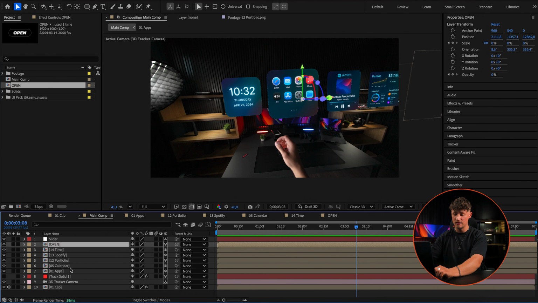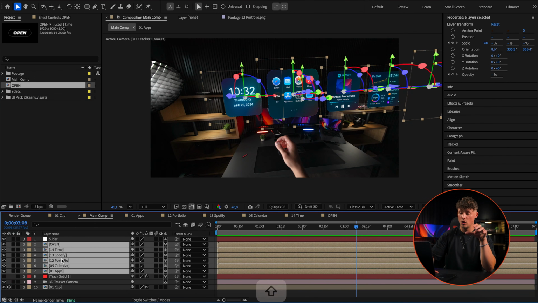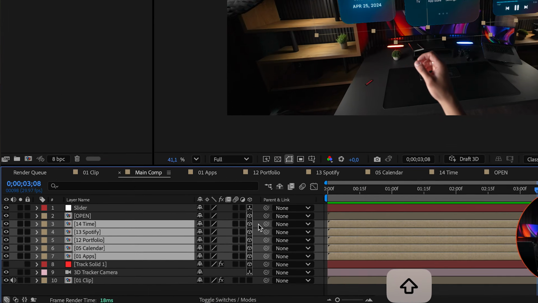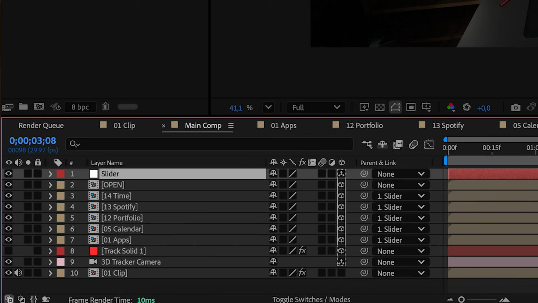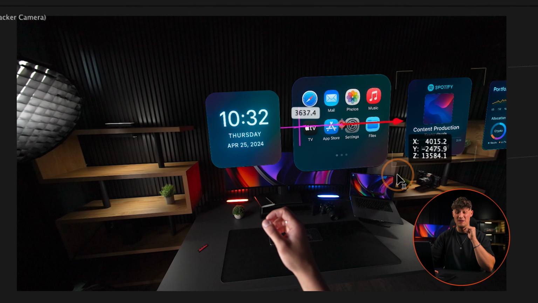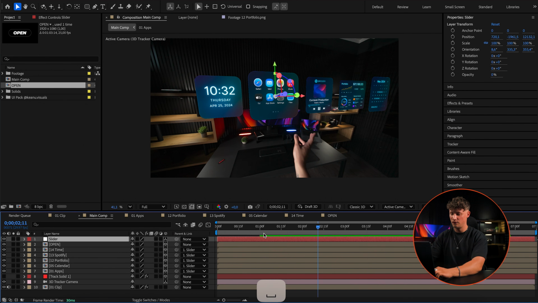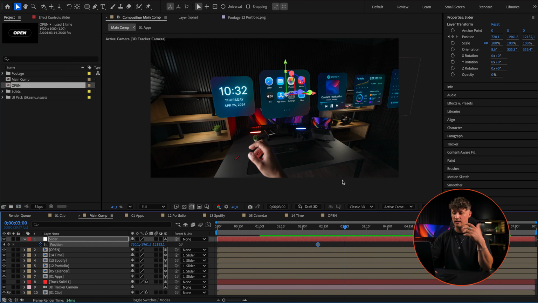And now we can use this null object to slide all of them at once. I'm gonna show you what I mean. So now we're selecting all of the HUDs. We don't need that open button, but all of the HUDs, and now we parent them to the slider. Look at that now. If we're just changing the slider position here, we can animate all of them at the same time, which is pretty epic, right? Here we need to first swipe. So here the swipe begins. So we're making a position keyframe for the slider, and boom, here should be a slide end.